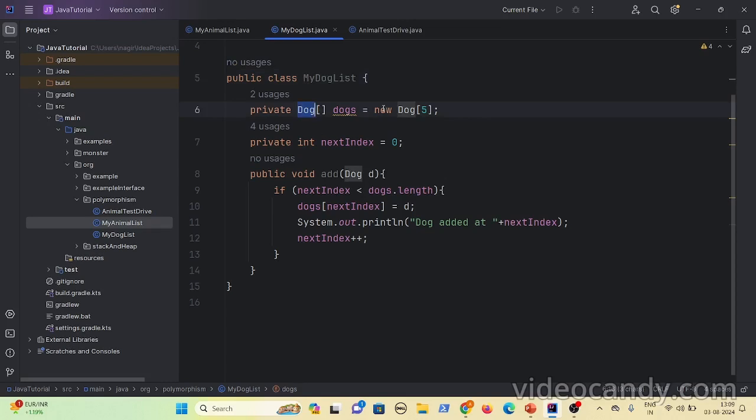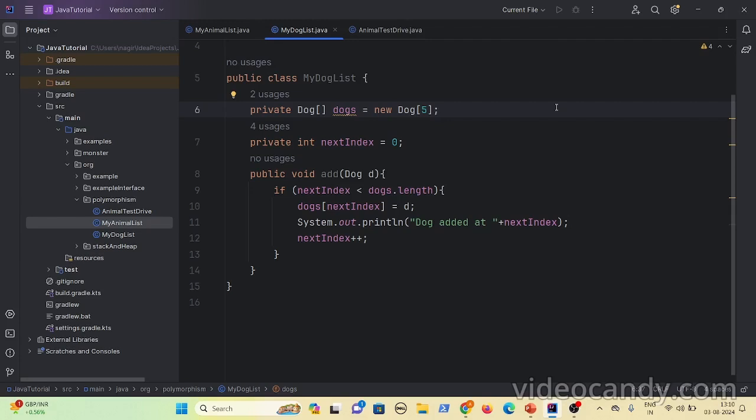Okay, that is another way. But is it a good approach? No, right? Now you have only dog and cat, but in future you will get more and more animals. Then for each and every subclass of the animal, would you create that many array list classes, or keep on adding that many instance variables and add methods? It doesn't look good. The design itself is not good.